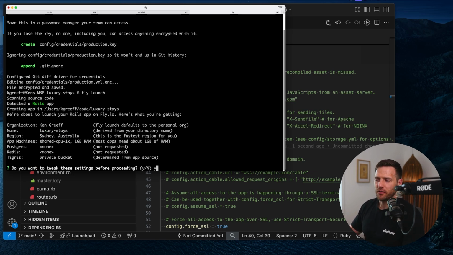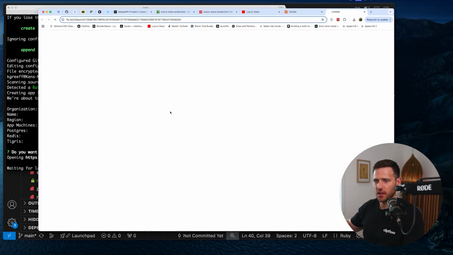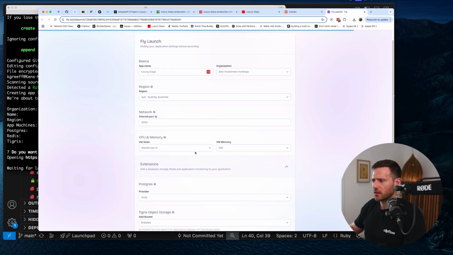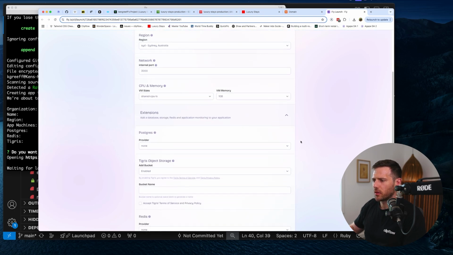Yes, I do, because I have different organizations in Fly. So I want to select the right one and set up a few things. This is Luxury Stays, the organization I'm going to put under here. It's in Sydney, 3000. We want basically the smallest app. 1 gig's probably pretty good. Postgres provider, you could use this here,